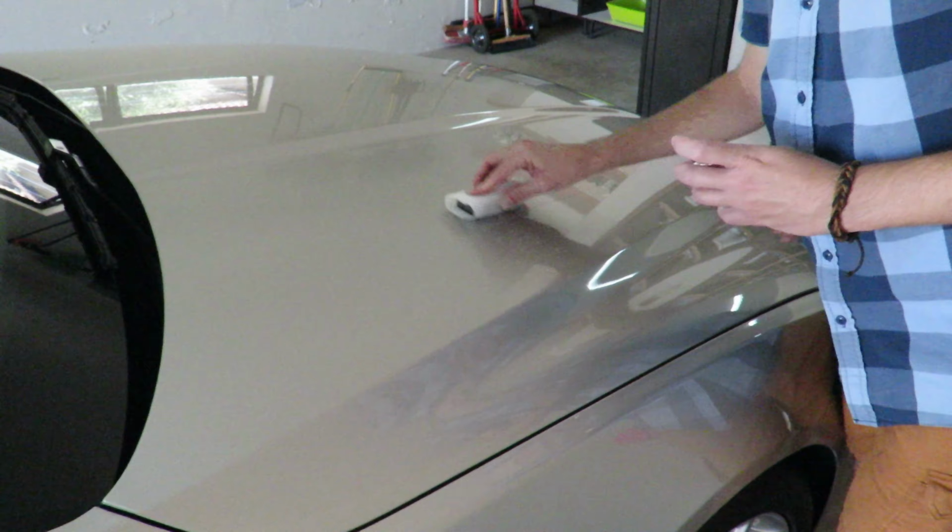So what I'm going to be doing is I'm going to apply it to the hood first, and what they say is that you should apply it to an area about half the size of the hood, but a hood this big, I'm actually going to do it in 6 sections. So I'm going to split this section in half, the middle of the hood in half, and the other side of the hood in half. So all we've got to do is get some of the stuff on the applicator, which they supply as well,